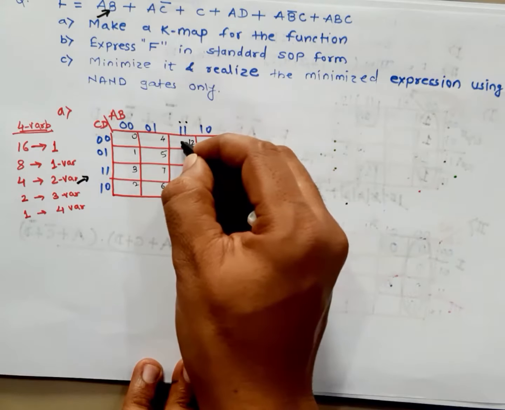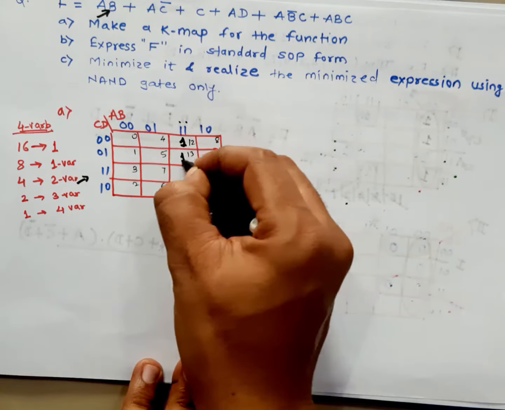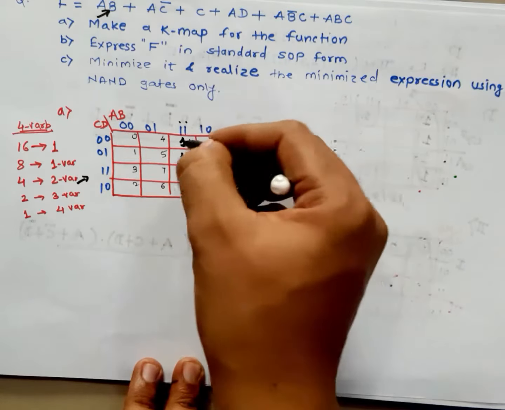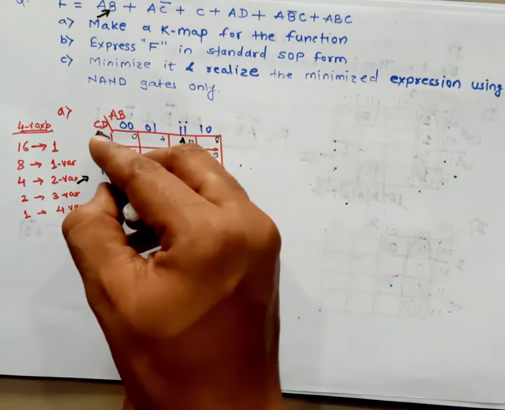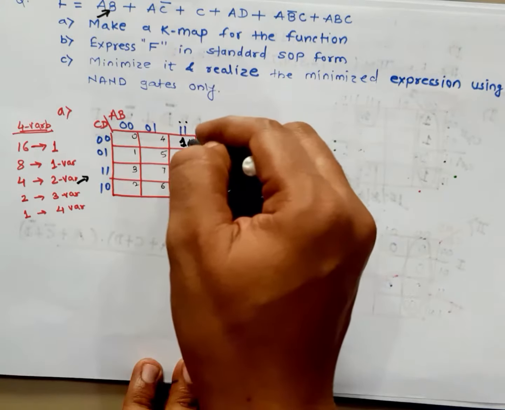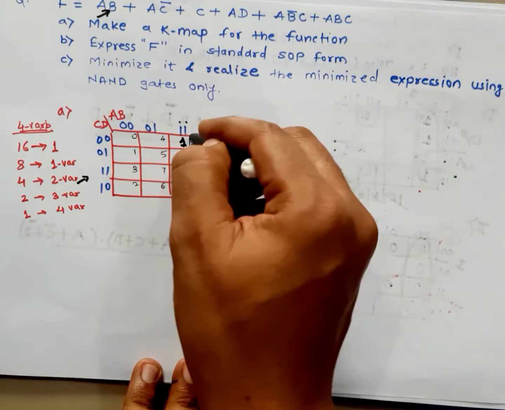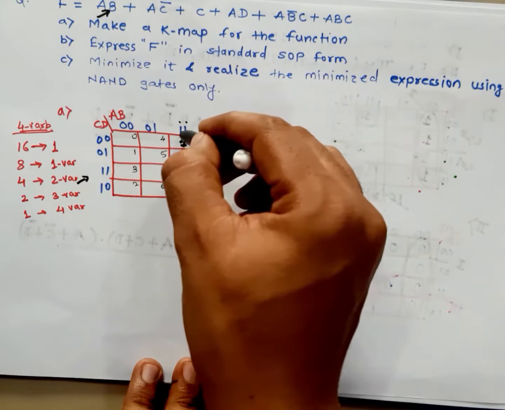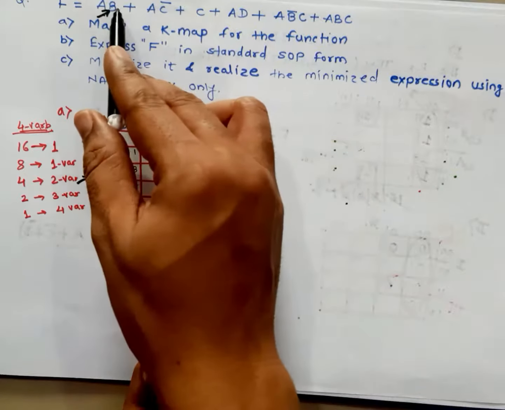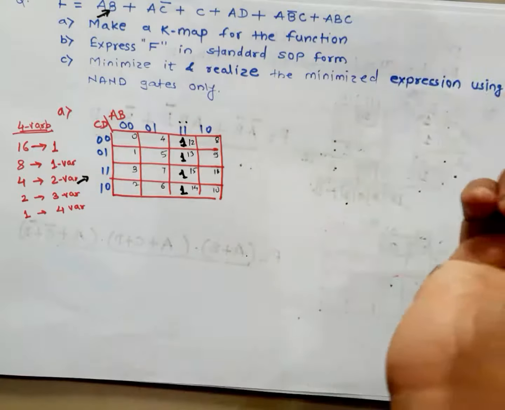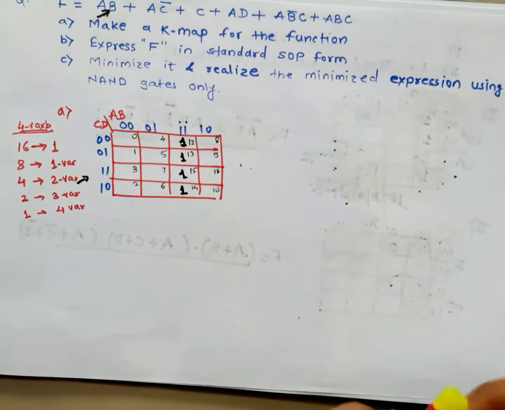It means that you have to map the sales value. Suppose I am mapping the sales value 1 1 1 1 in this vertical group, because when we have a vertical group, then these variables get eliminated, and that is what we actually want. If you make a group of these 4 cells, then C and D get eliminated. The final is only the A and B value, so you will get the answer as A and B.